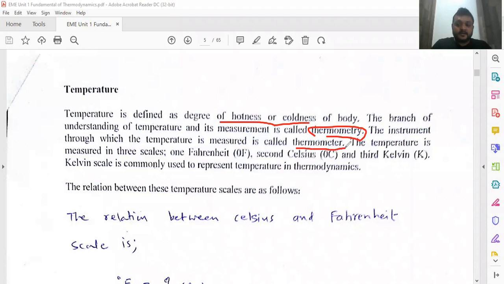Household thermometers are widely used in the current corona pandemic. Mostly we all use this particular thermometer, contact type and non-contact type. Specifically for public places, we use the non-contact type thermometer to measure the temperature of the body and to allow people to enter malls, theaters and other places.